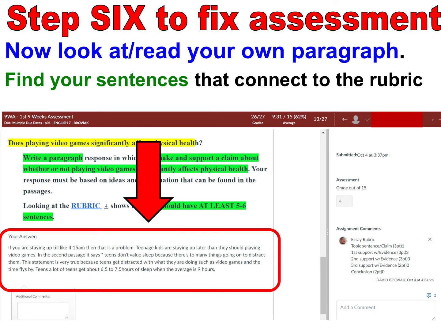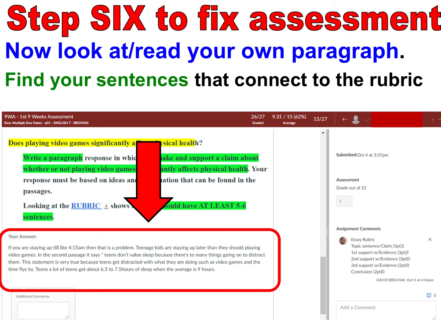Now, step 6, you're going to look at your paragraph. So look at and read what you submitted and figure out where you lost points on it, to figure out where it makes sense to try and help you out. So on this one, as you take a look at it, you can read that paragraph, and anything that you